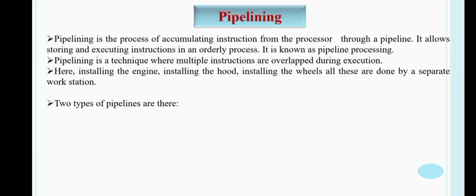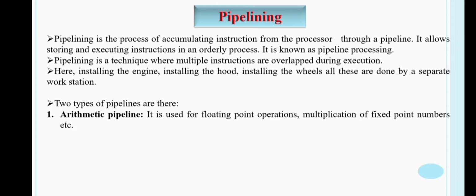There are two types of pipelines, arithmetic and instruction. First one is arithmetic pipeline. It is used for floating point operation, multiplication of fixed point numbers, etc. For example,